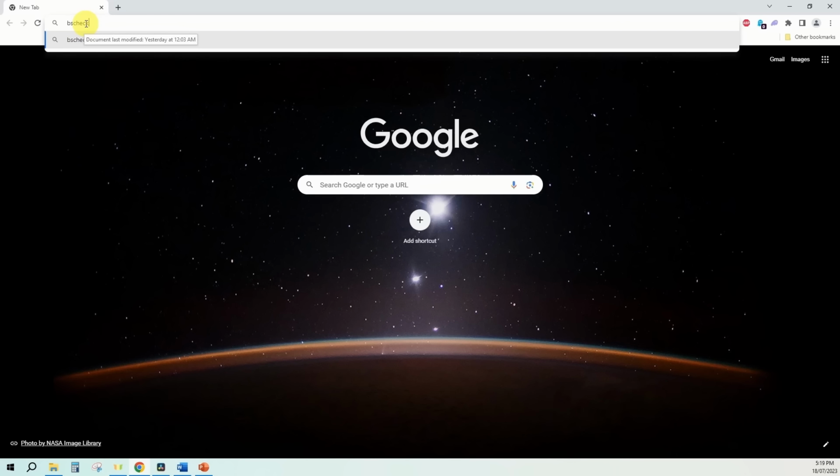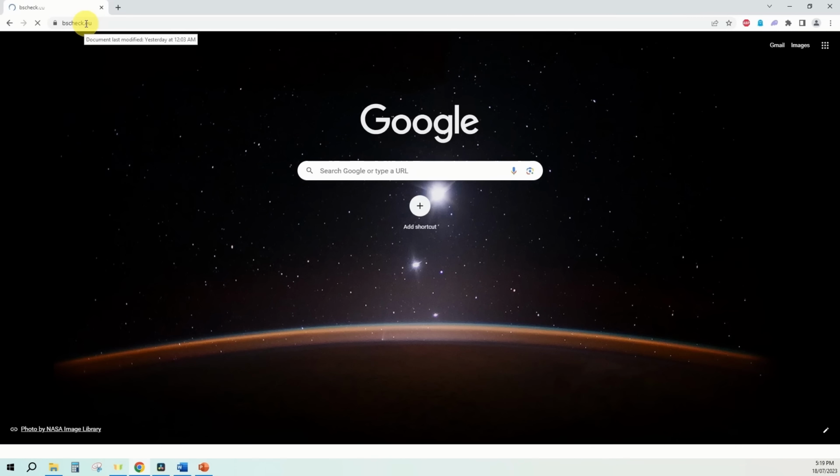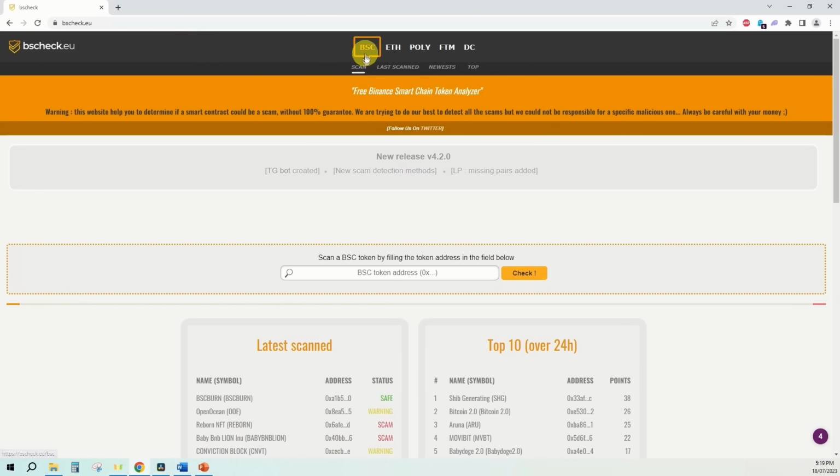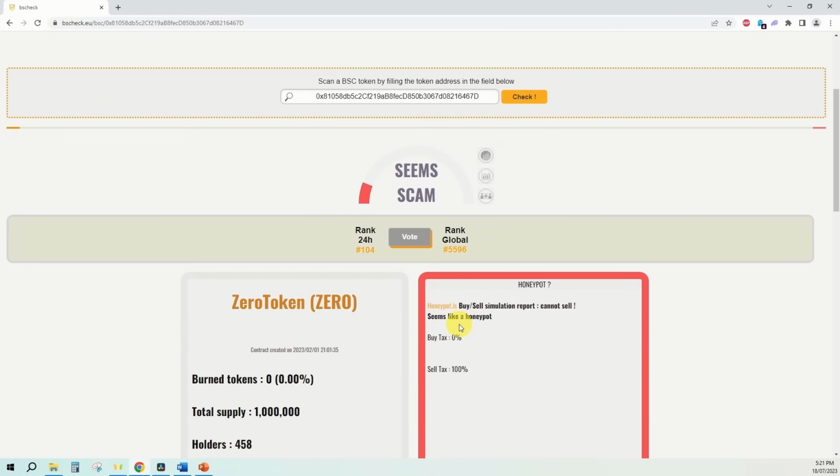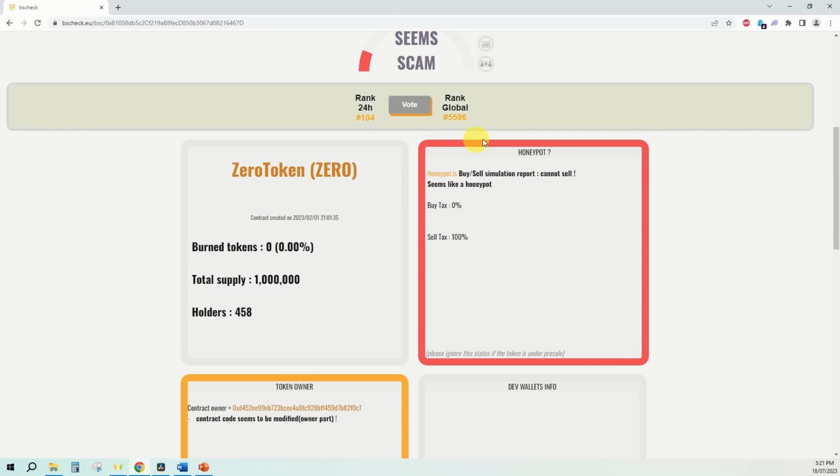Let's try another contract scanner, BSCheck. In BSCheck, we get a similar result with a honeypot box highlighted in red. I won't go through the code in this video. I have actually gone through this code and can describe the honeypot code separately if you're interested.